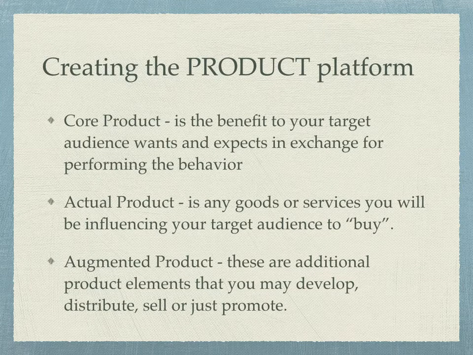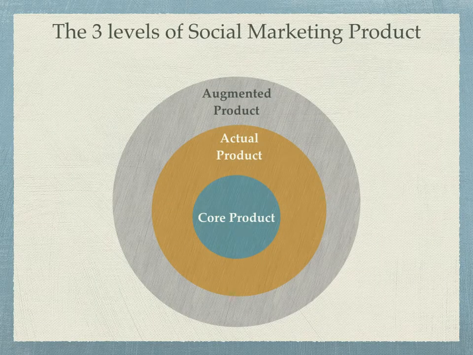And then there's an augmented product, where there may be additional product elements that you may develop, distribute, sell, or just promote. So in a way, you see this as one big whole. At the core is the behavior, then products that will help those behaviors, and other augmented products that will reinforce the behavior that you want them to change. For example, our existing product could be immunizations, and then your possible services would be school to school inoculation,